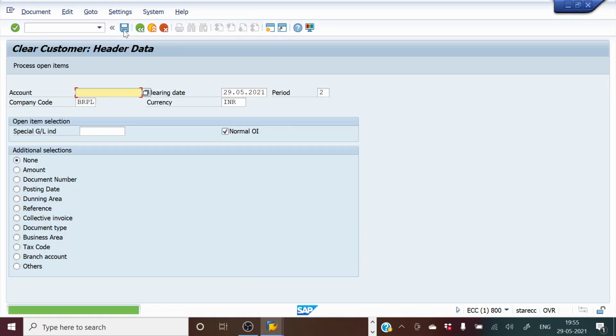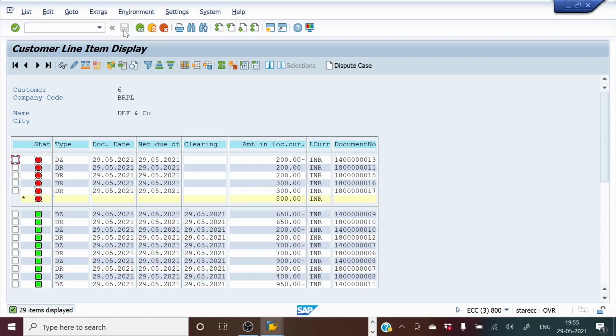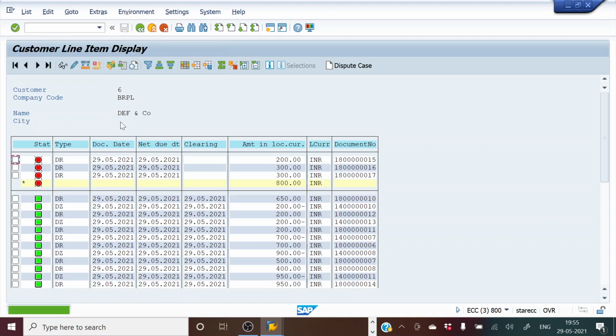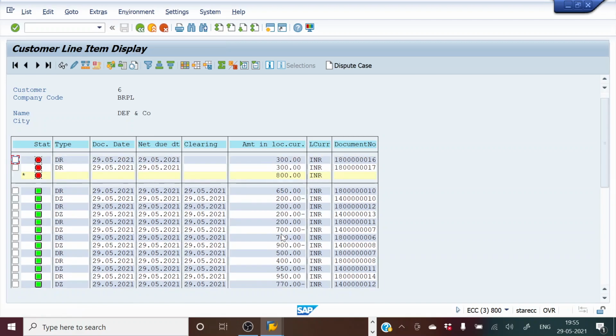I'm going to post this, and then go back to the list and refresh. See, only one 200 invoice is open, and the other 200 has gone to the list of cleared items. Correct?